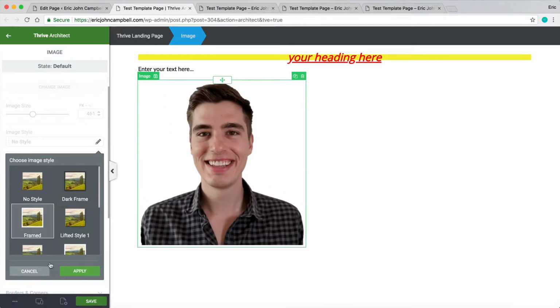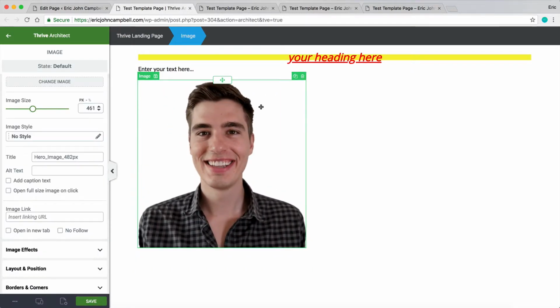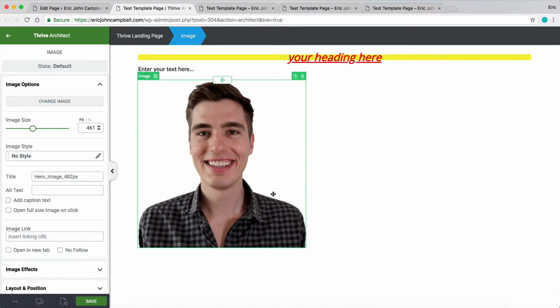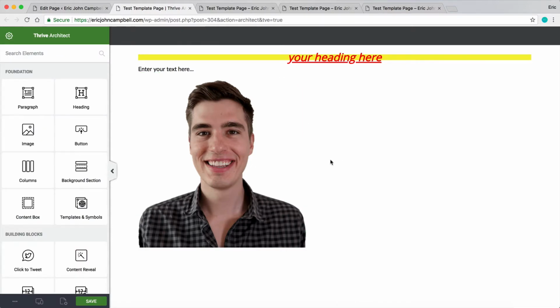add different styles, and all this good stuff. Now, I don't want to over-explain this stuff because you can figure this out for yourself at the same speed that I'm sharing it with you. But I just want to get your brain going with the potential for Thrive Architect. I hope you see how powerful this tool really is and start getting creative about what you plan to do